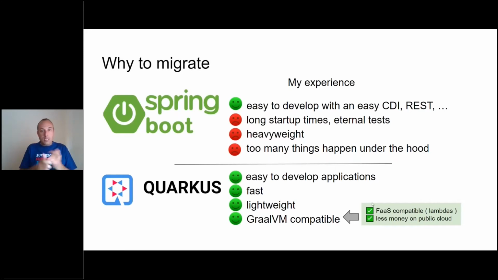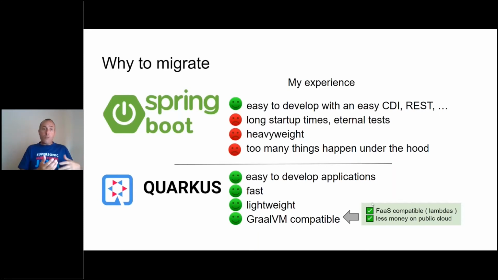So about the migration, why? Spring Boot makes it easy to develop applications. Yes, it's true. But for me, it meant long startup times and eternal tests, because every time you need to start the context, everything is happening at runtime. The main difference between these two approaches is that in Spring almost everything happens at runtime, while with Quarkus almost everything happens at build time.